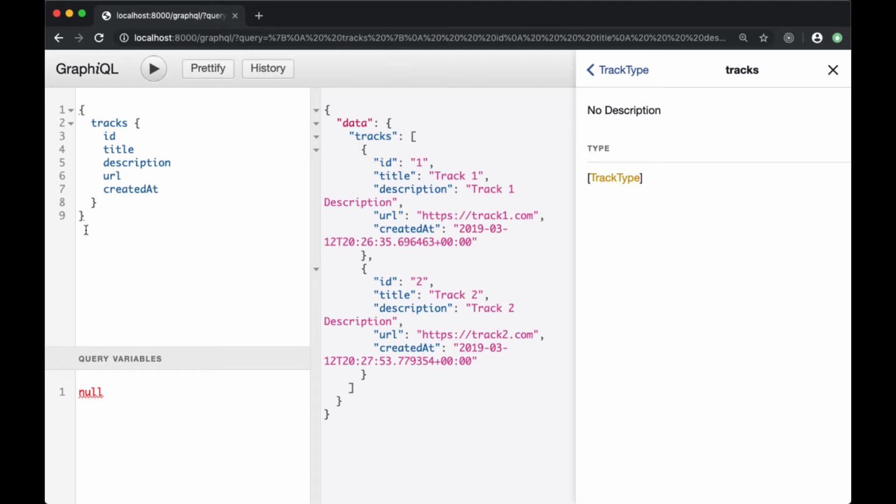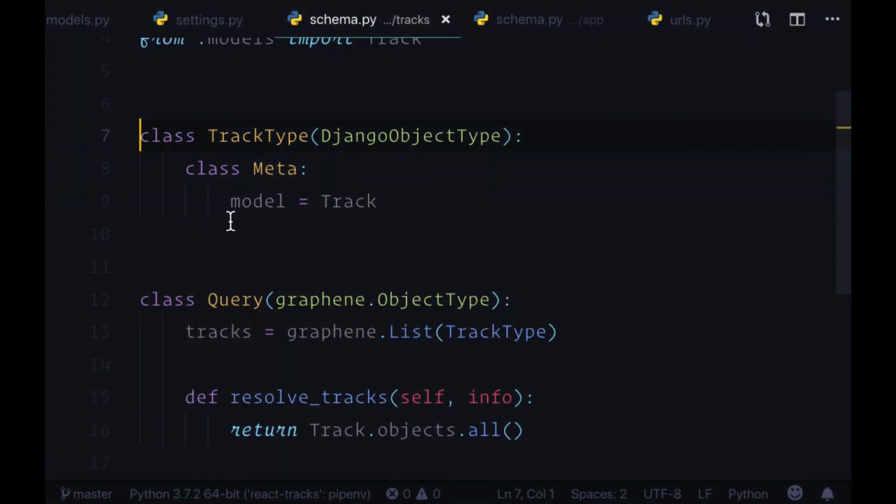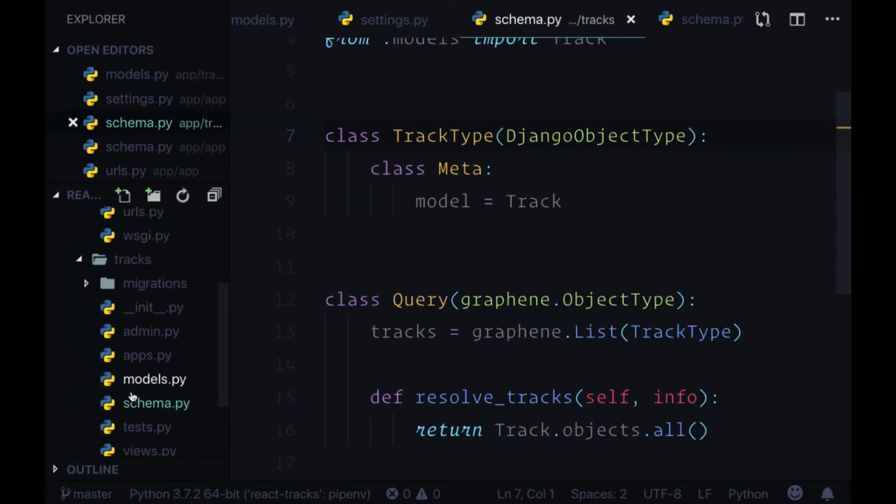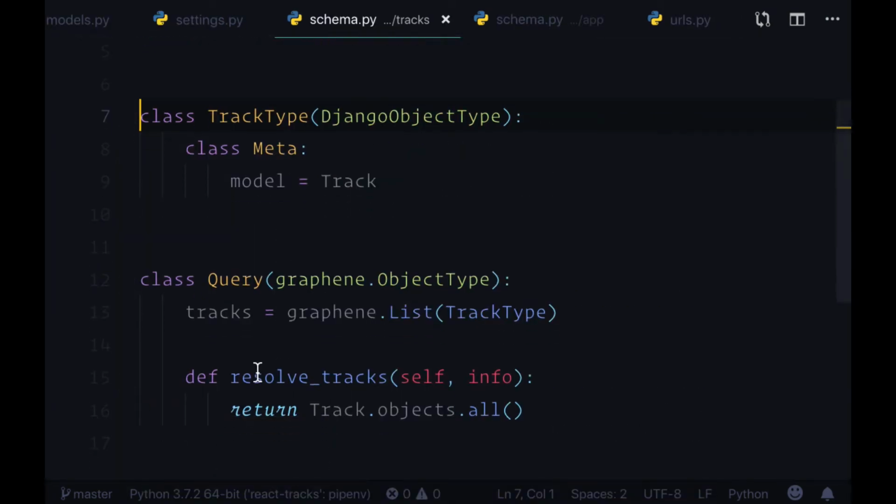At this point, we're able to query for all of our created tracks within GraphiQL. But how are we going to allow users to dynamically create new tracks? Well, we're going to need to use a mutation. So to add a mutation for creating a track, we'll want to head to tracks schema.py once again, and we'll